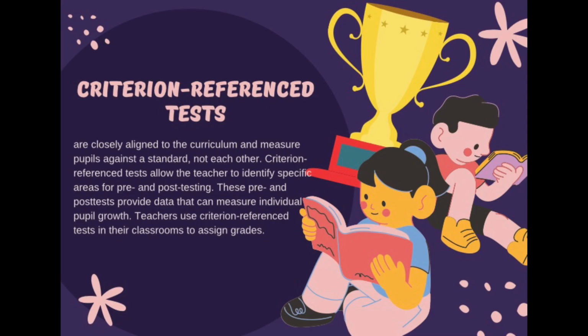So the use of a pre-test before teaching a topic and a post-test after teaching allows teachers to track how much each pupil has improved over time, showing individual growth. So unlike the norm-referenced test, it doesn't identify which specific topics the pupils can still learn. Here in the criterion-referenced test, it shows only what the teacher taught that the pupils improved on.